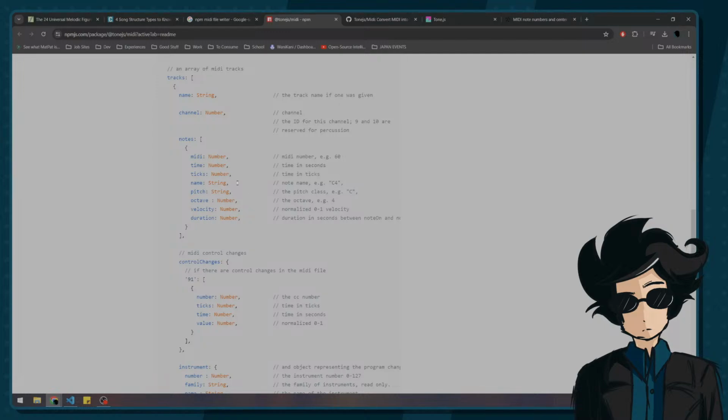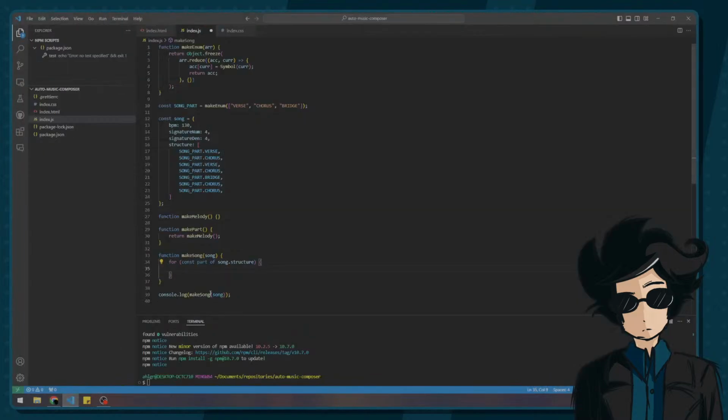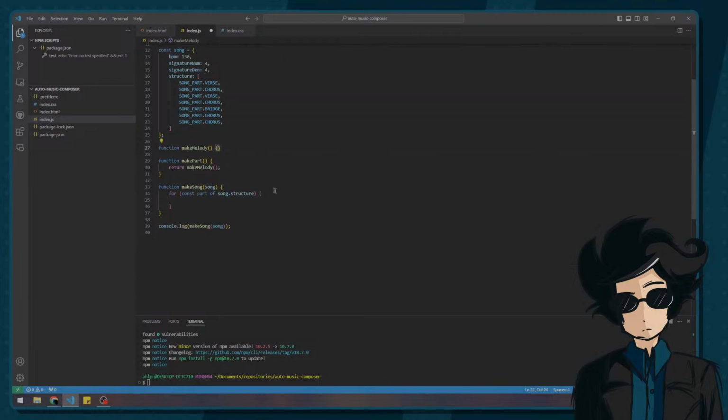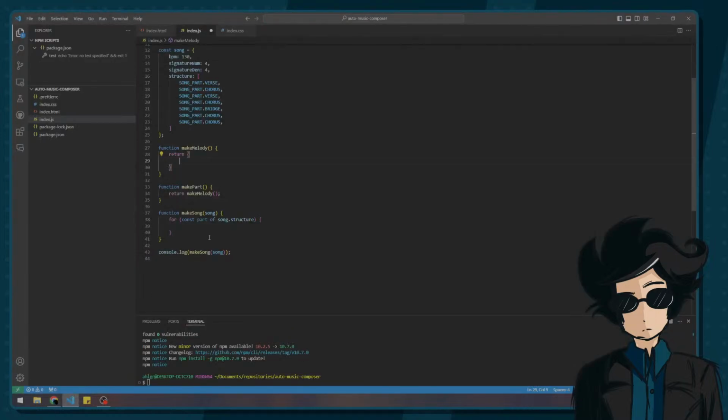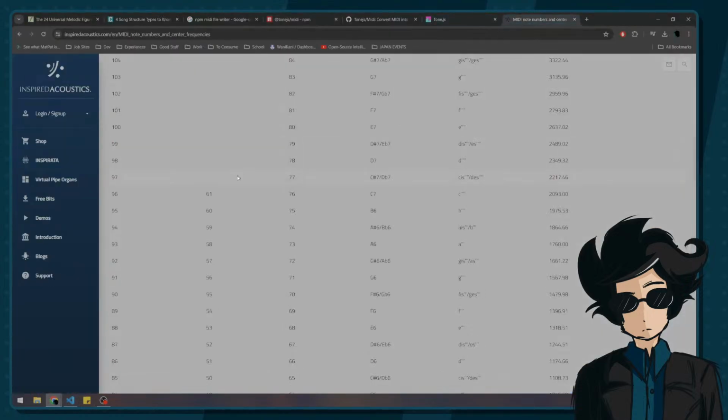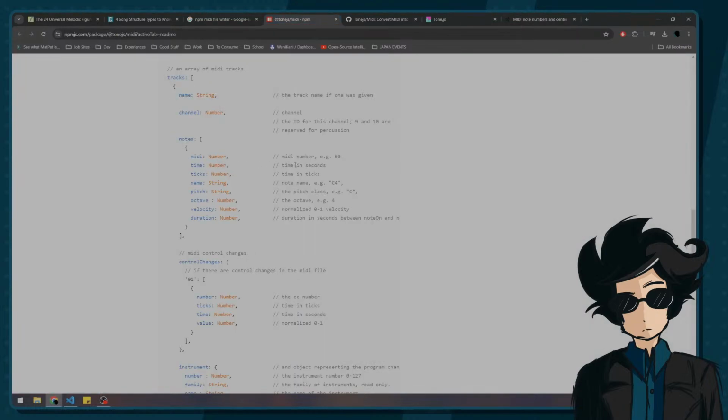Okay, well, that's definitely what I want to work with, is the MIDI number. So, I suppose... Let me just have it return that, actually. That would make sense. So we'll just have it return MIDI... What was it? 101, let's say. So that should give us a high F7. Then I can give a